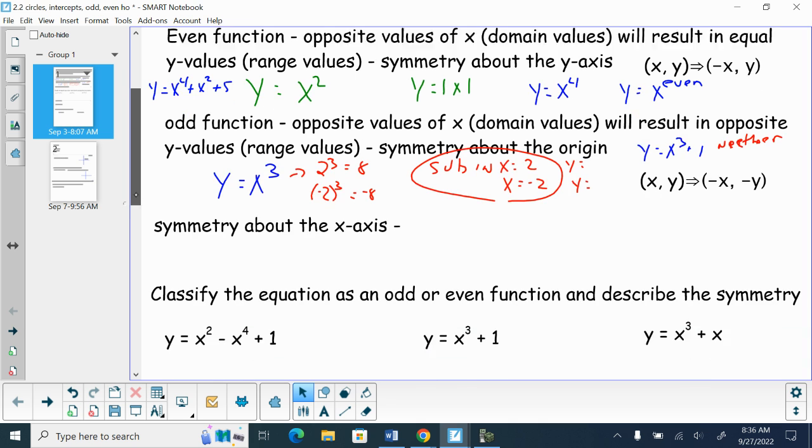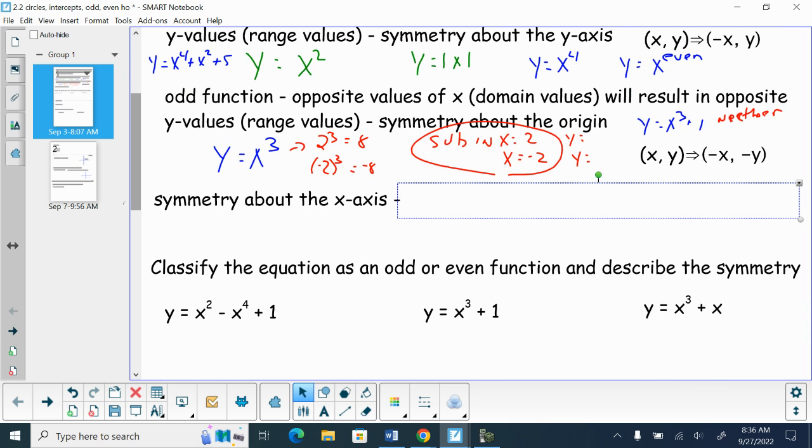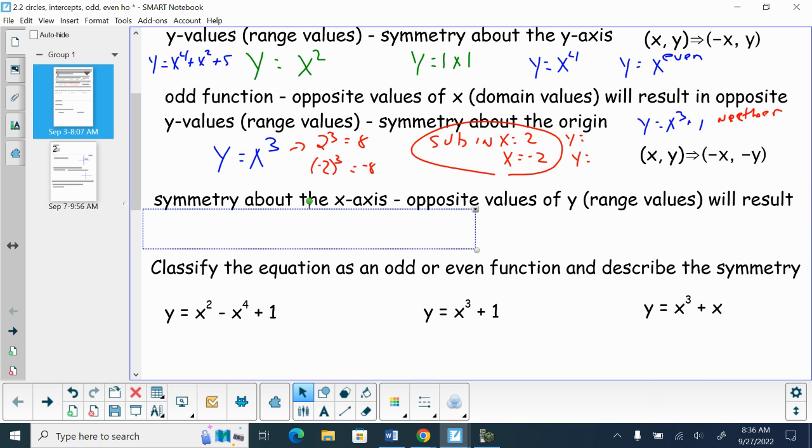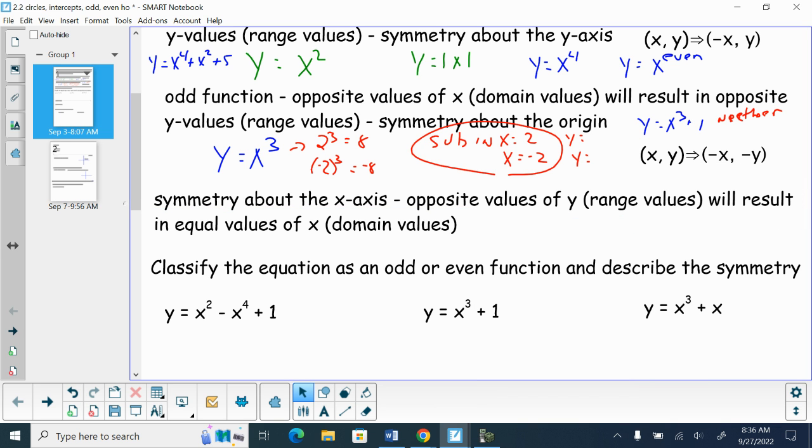We can also have symmetry about the x-axis. We talked about symmetry about the x-axis. Opposite values of y, range values, will result in equal values from the domain. We sort of have to flip this around and put in opposite values for y. Where you see symmetry about the x-axis is when